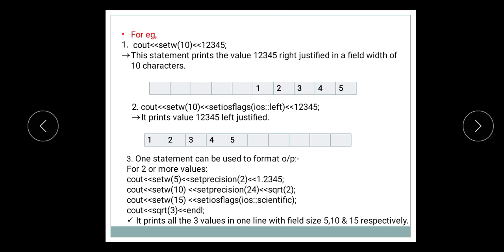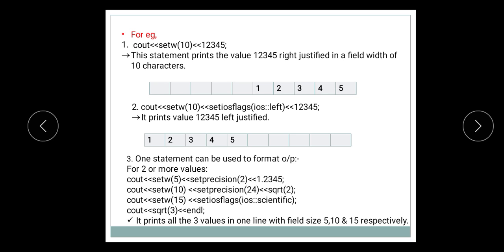We will see all these manipulator functions one by one. First, if you remember, if we want to use the width, precision, fill functions of the ios class, we need to call these functions with the help of an object, because these are member functions of the ios class. So we cannot directly call them, we need to call them with the help of an object of the ios class, that is either cout or cin.